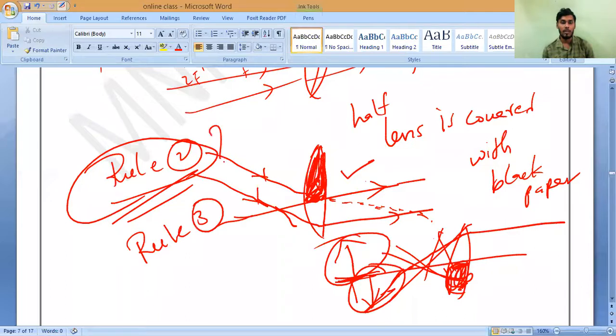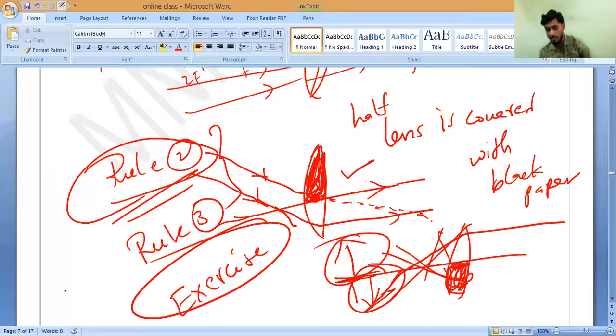So this is question number 9 in our exercise. I think I have already taught you, correct? Those who attended the school class, you may understand. We will use rule number 2 and rule number 3 only in the case when half of the lens is covered with a black paper. That is extreme level. In 99% of cases that question won't come. If it does come, we can solve it, because I will give you 2 or 3 numericals related to that. We will solve it and find it also. Is it okay? Any doubt, anybody? You can ask me.